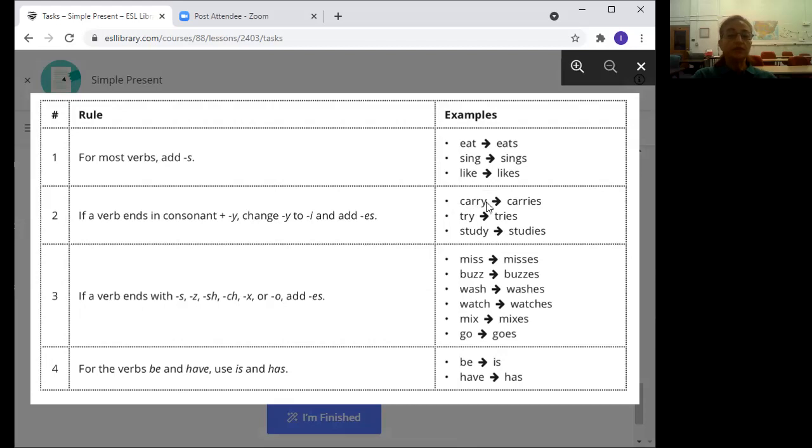The word carry ends with a Y, but you have to look at the preceding letter before Y. As you notice, your preceding letter here is R, which is a consonant, in which case we change the Y into I. You can see carries, C-A-R-R-I, and then we add ES. So carries, the third person singular, he carries, is going to be spelled like this,